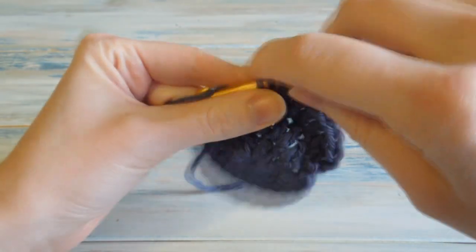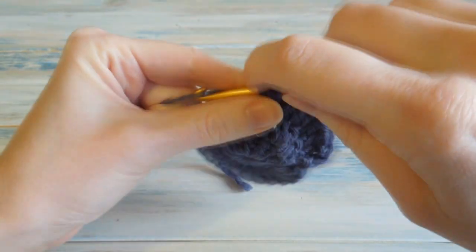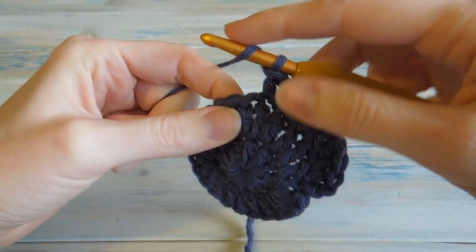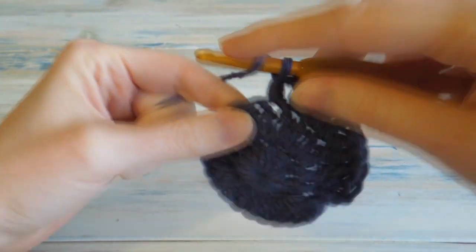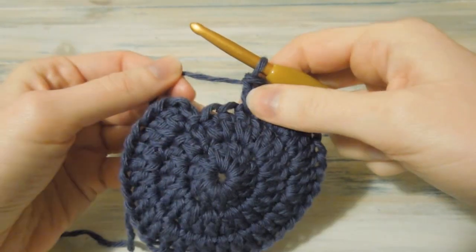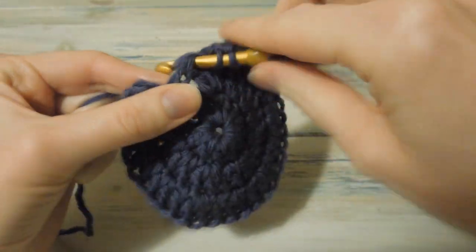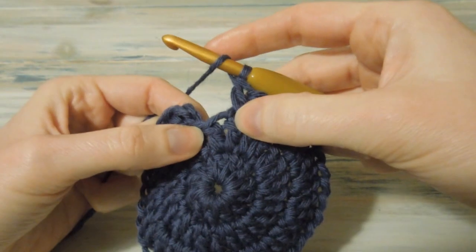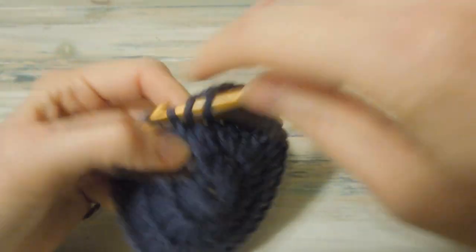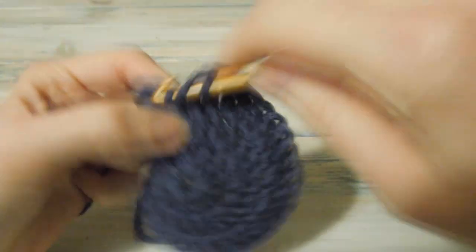So the next one's 2 double crochet, 1 and 2, and then 1 double crochet, then back to 2 double crochet. Okay, so I'm just coming up to the last 2 stitches, and the second to last one we just work a double crochet, just repeating the same pattern, and then in the very last stitch we work our 2 double crochet in the same stitch